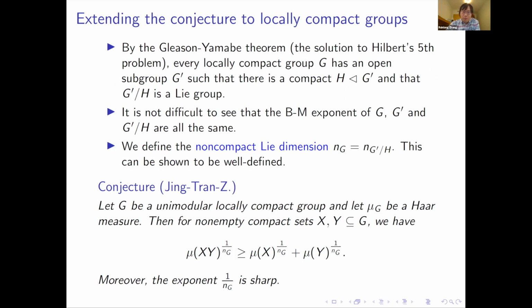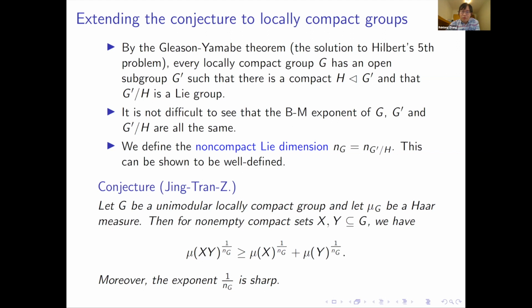So by that theorem, you actually know that every locally compact group G has an open subgroup G prime, such that you can find a compact normal subgroup H in G prime, such that G prime quotient by H is a Lie group. So in this sense, this problem is not far from the problem on Lie groups, because it's just not difficult to see that the Brunn-Minkowski exponent of G and G prime are the same, because you're taking